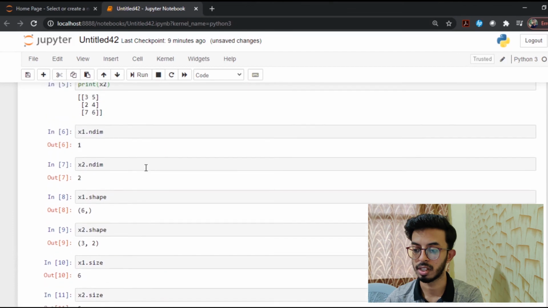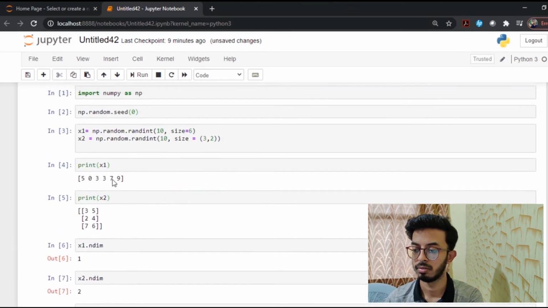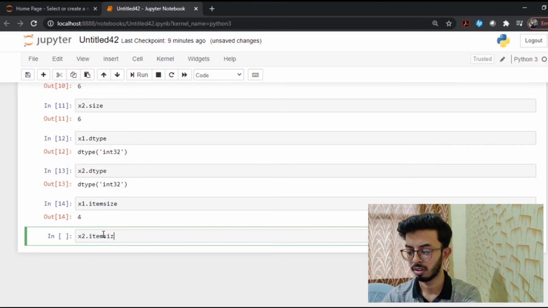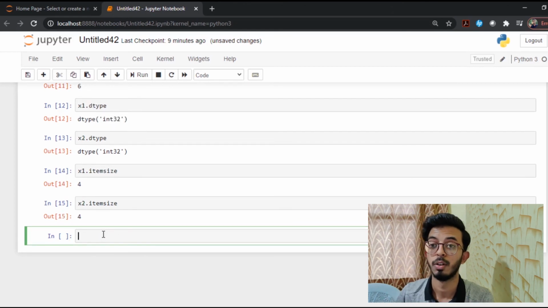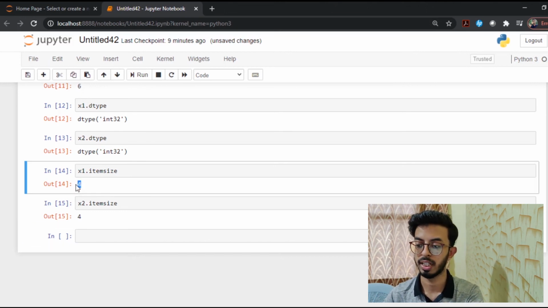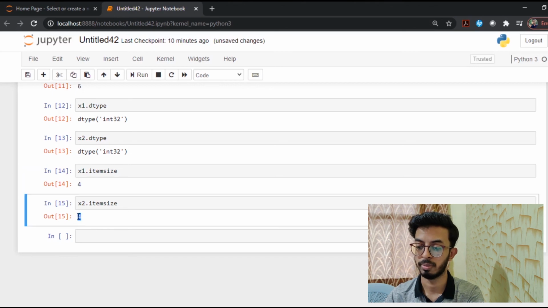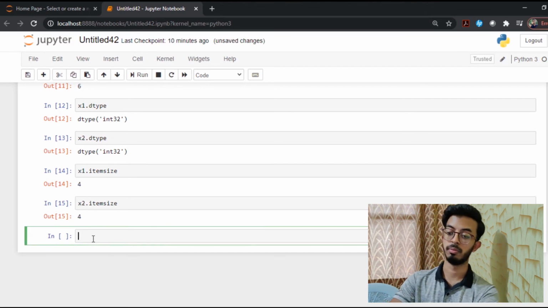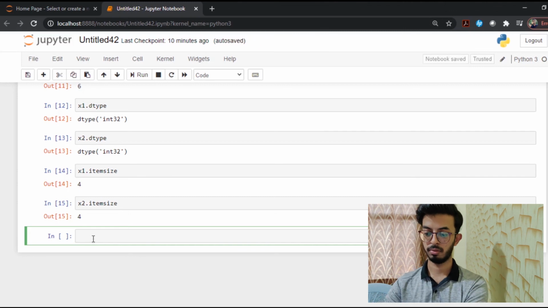Let us just cross check. x2 dot itemsize, it's 4. Itemsize gives you the number of bytes, so these are 4 bytes each. So itemsize gives you the number of bytes each item is using.